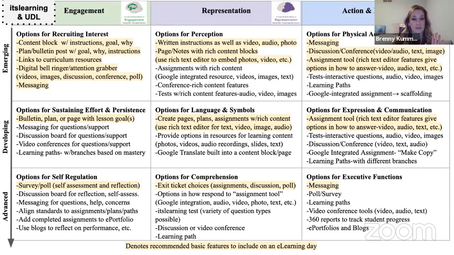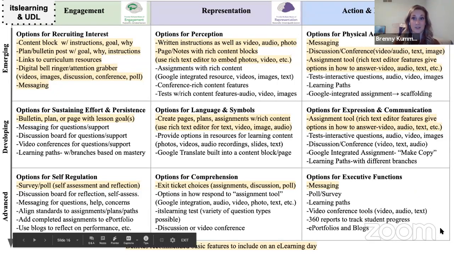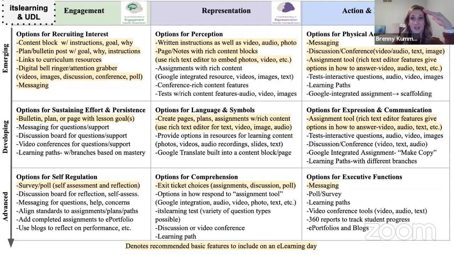This is very specific to our learning management system, which is It's Learning, but you can borrow this and use it however you want. It's a crosswalk between our learning management system tools and Universal Design for Learning. The highlighted sections show some basic things to strive for if you're just getting started and you're a little nervous. You don't have to use every single one of these tools. It's a guidepost: start from the top and work your way down as you feel more comfortable with your learning management system and get more familiar with those tools. It gives examples of how you can support different elements of the framework with those tools.